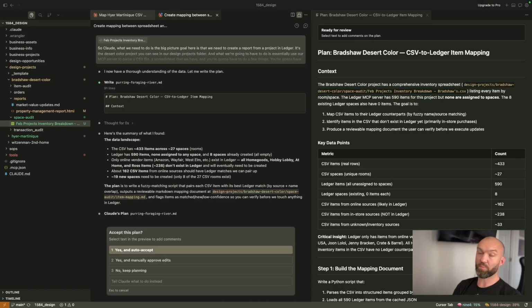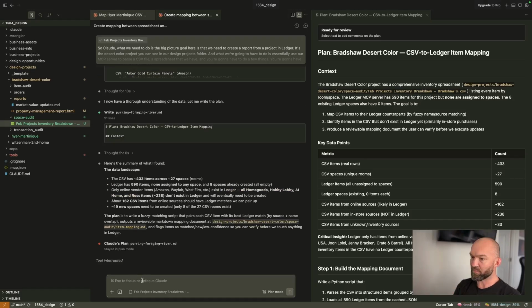Okay, so we have a plan now from Claude, and usually when you get a plan from AI, even if it's super smart, because different models are better than others, you always want to read the plan, and usually it takes some adjustment. So I'm going to give Claude some feedback here on its plan. I'm going to not accept this plan. I'm going to keep planning, and I'm going to say,